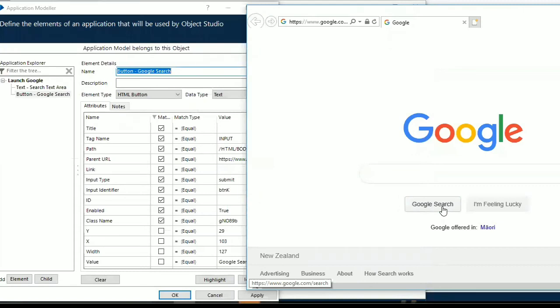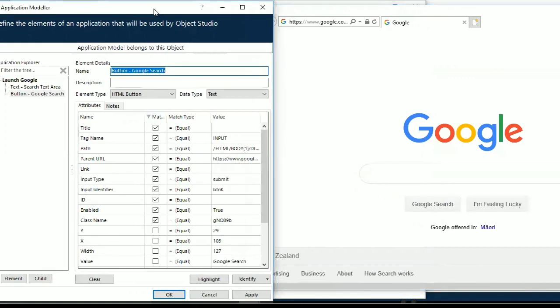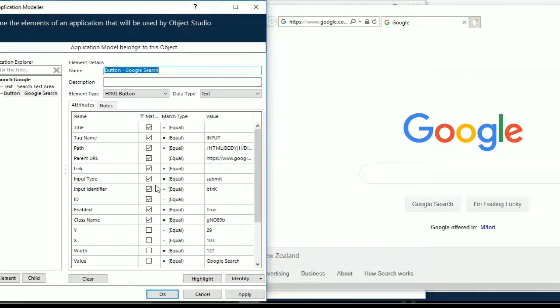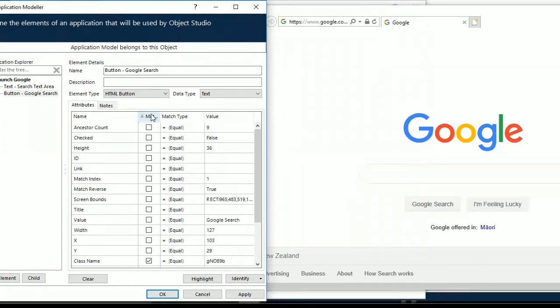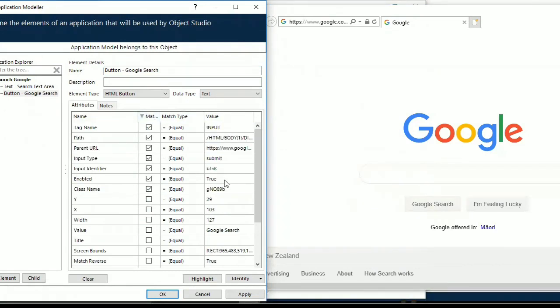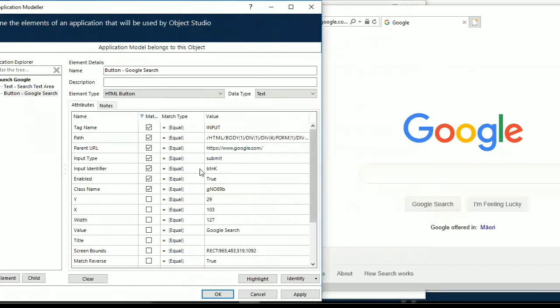As soon as you click, your Application Modeler will get loaded with a list of attributes. You can see the list of attributes over here. Just uncheck the attributes whose value is empty, because they're not going to have any response and it will sometimes make your system or your spying options slow. So just uncheck the empty ones.